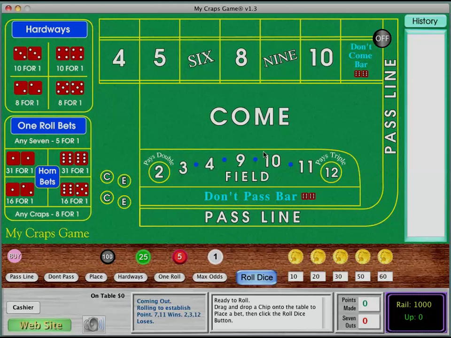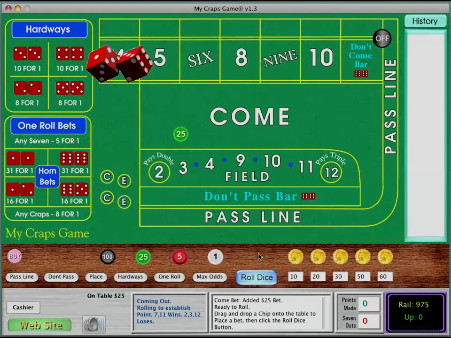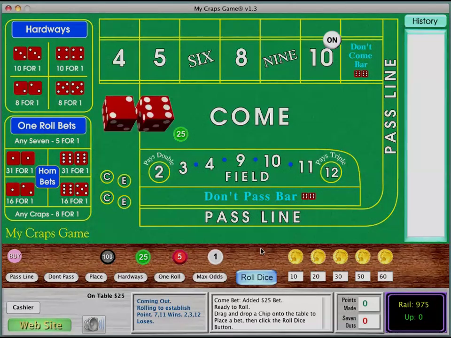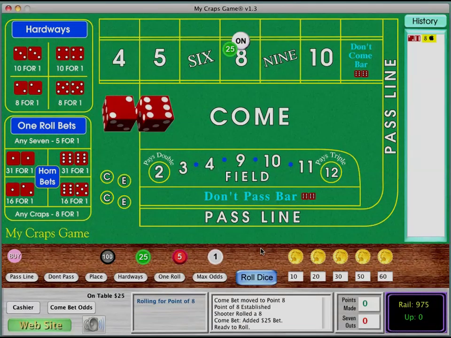In the middle of every Craps table is the COM area. Often overlooked. We're going to see how we can take advantage of it. Let's drag and drop a $25 chip to the COM area, roll the dice, and see what happens. We rolled an 8, so the software moves our bet to the top portion of the number box